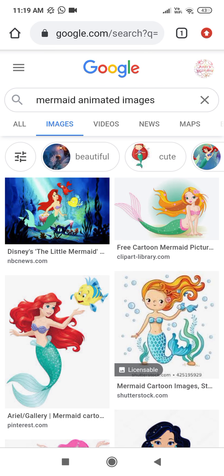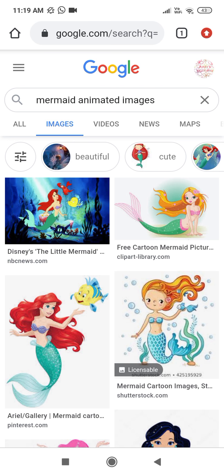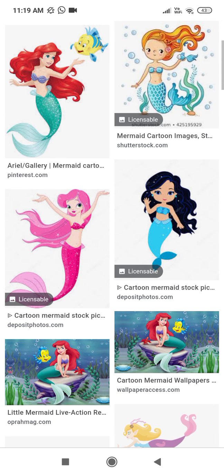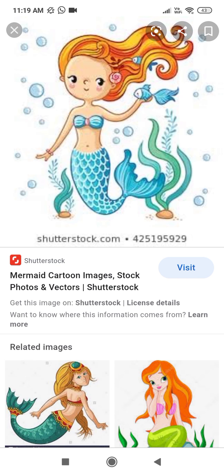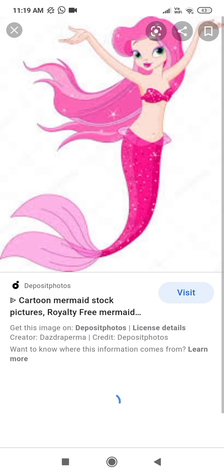So now we have got a variety of pictures. One tip which I will be giving you just now is to choose a picture that has black boundaries over it. For example, let's take this picture. It doesn't have those kinds of boundaries, and it's very blurry as well. Choose a picture that's very good, like maybe HD.